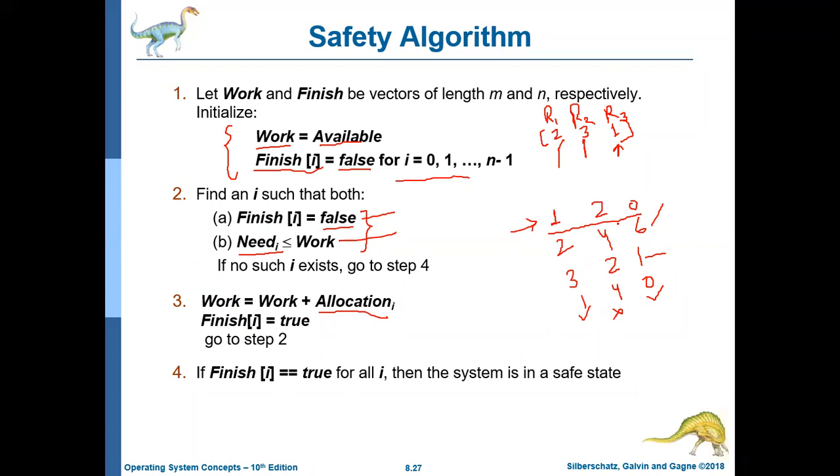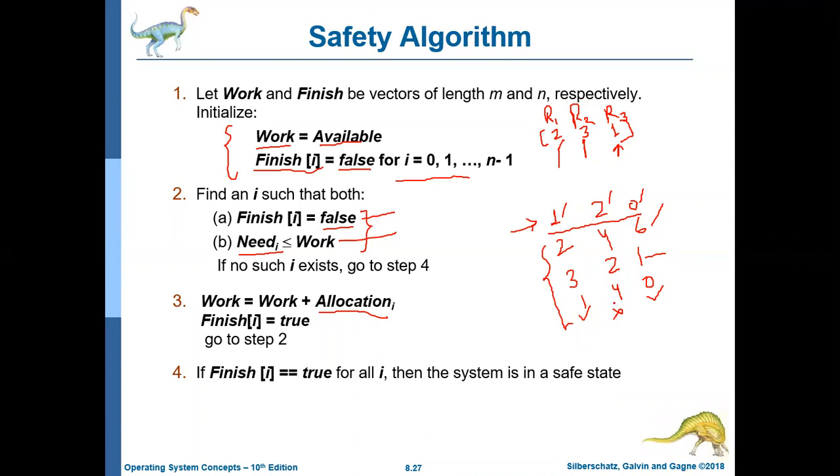It might be possible that in the beginning these processes were not able to run due to the lack of resources, but after releasing resources from this process, now your work has been increased. This capacity is increased now. Now maybe there is some process that can be executed.